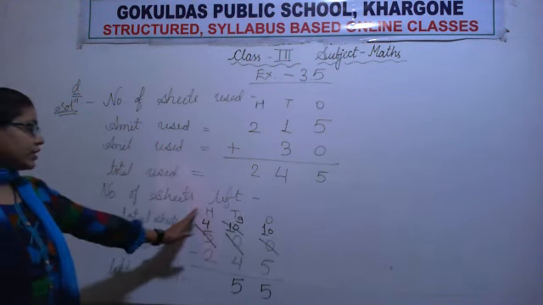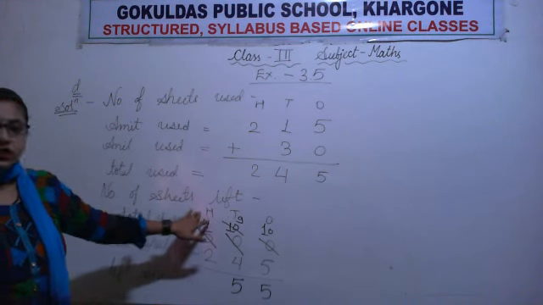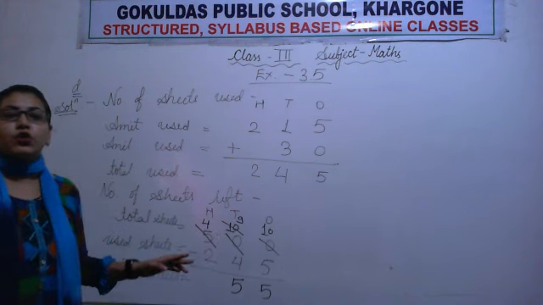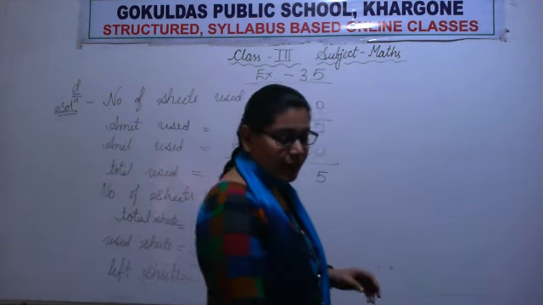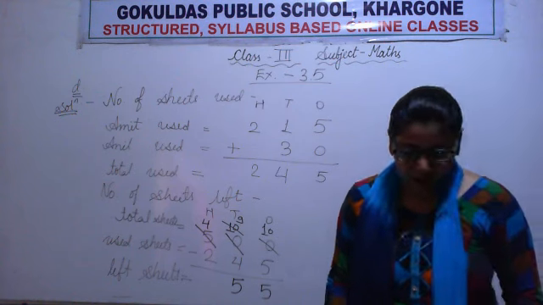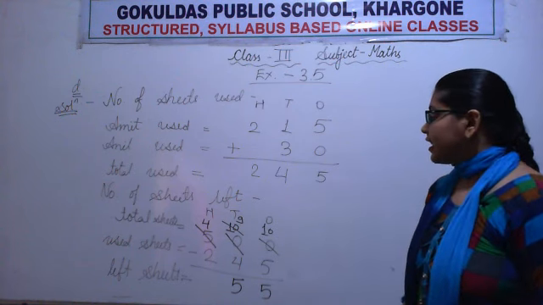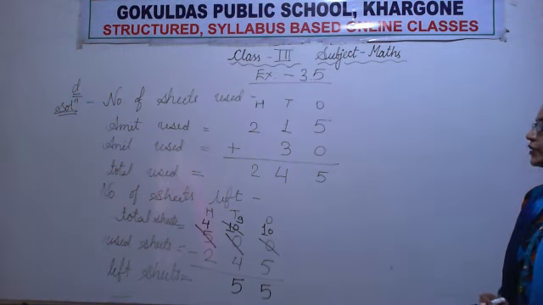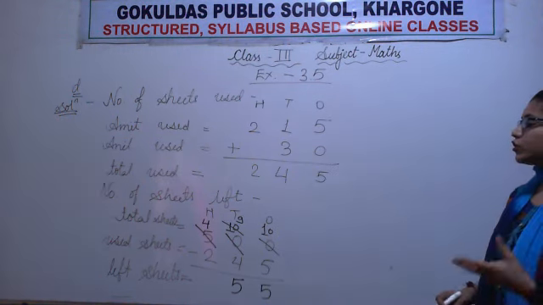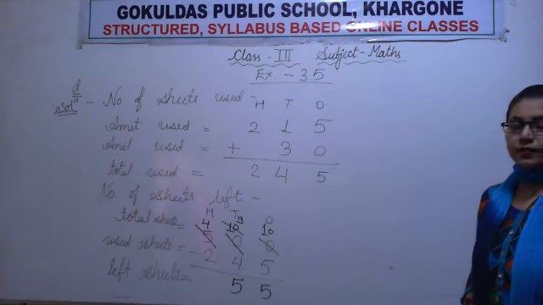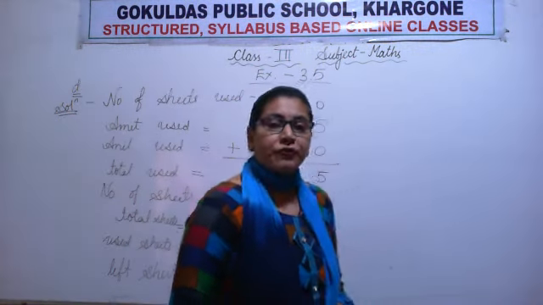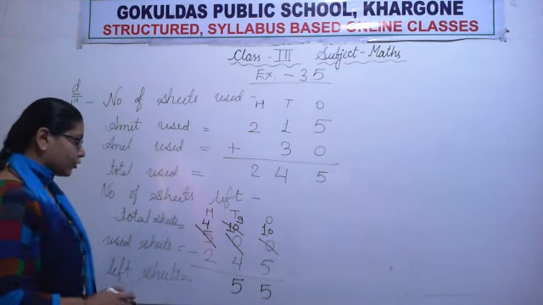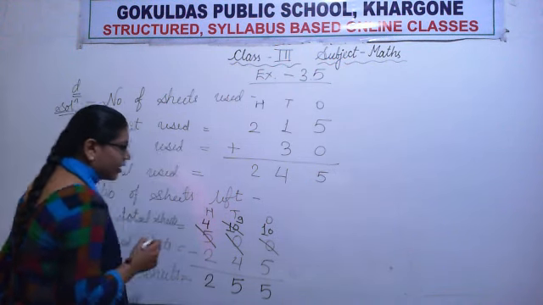Okay. Now moving towards the last column, that is the hundreds column. 4 minus 2. So all of you open 4 fingers. Now minus 2. So remove or close 2 fingers out of those 4. Now how many fingers are left? Very good. 2 fingers are left. So we will write the number 2.